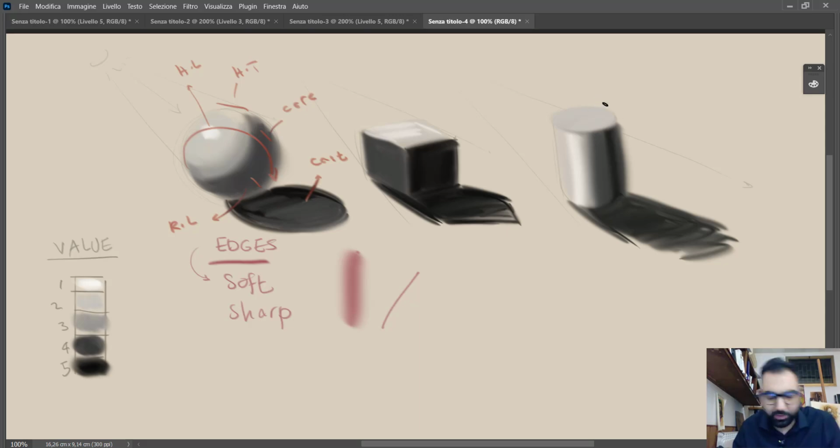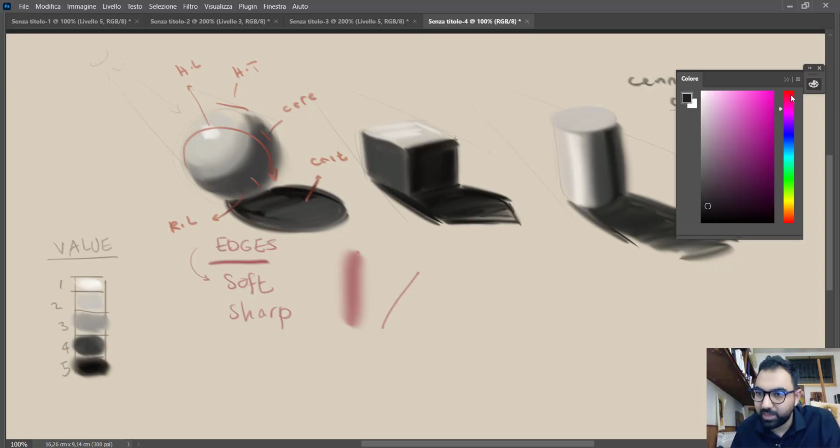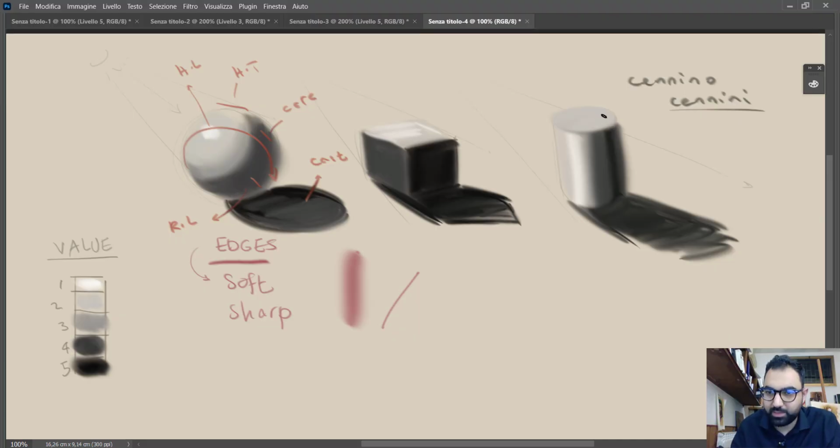By doing this cylinder, I just remembered the book of Cennino Cennini, where he talks about techniques and different ways of drawing and rendering, etc. And he says exactly how to render any rounded forms like this by using